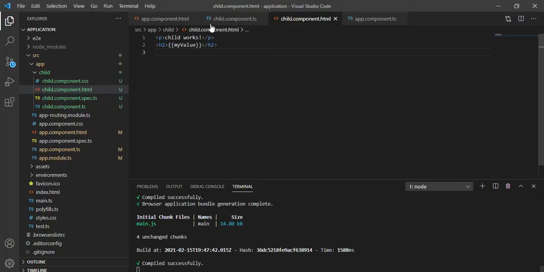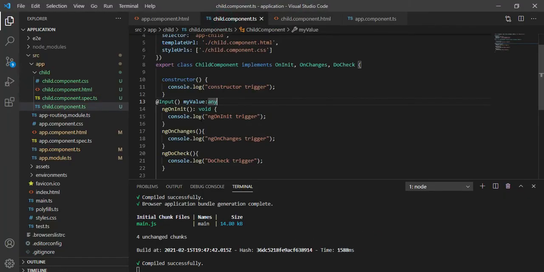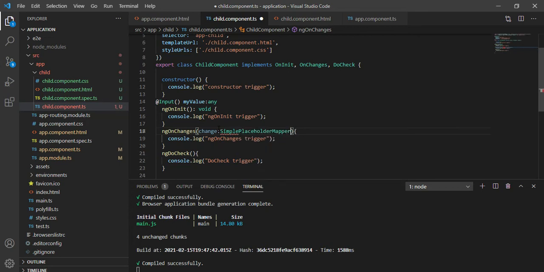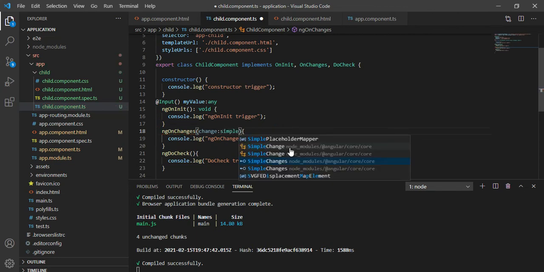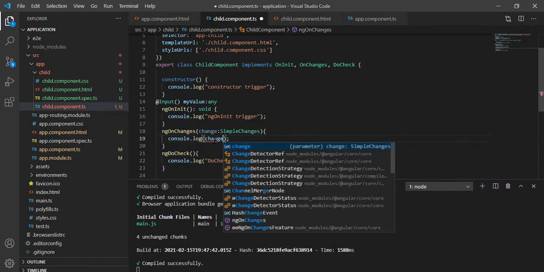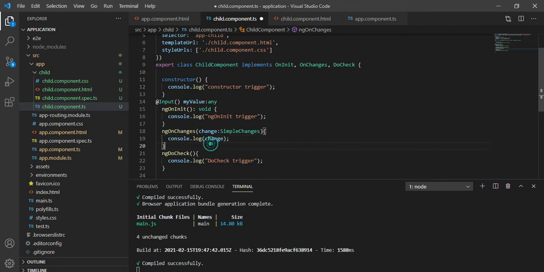So we'll go quickly here, we'll pass the parameter changes of type SimpleChanges. So let's see what we will get inside the ngOnChanges. Let's save it.